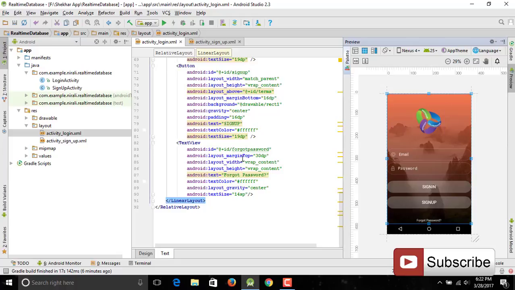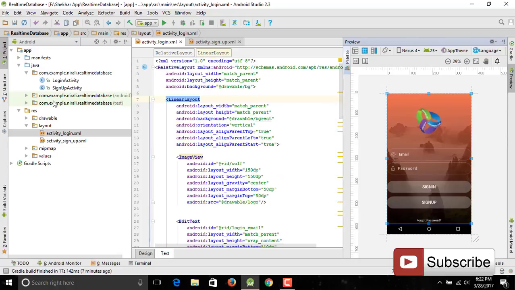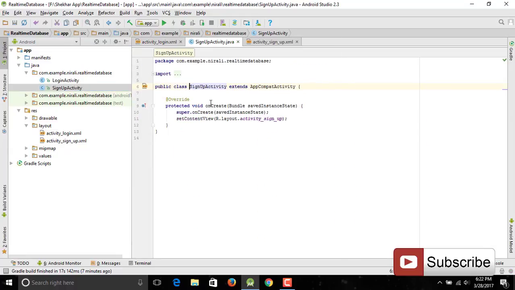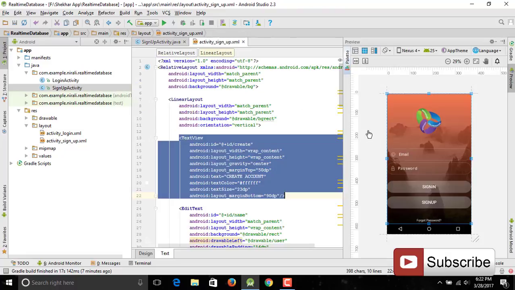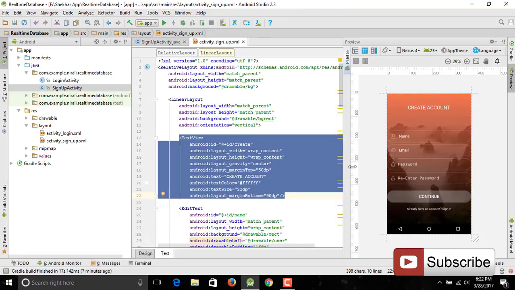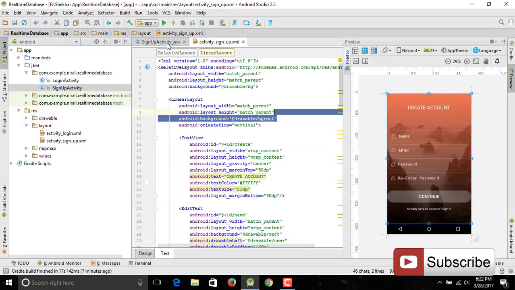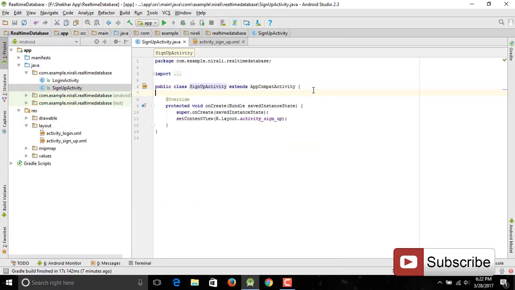In this part, we are not wasting any time behind designing the UIs of the login. So let's get started with the Java coding for the user authentication. So open up your sign up activity.java, and we are going to get these name, email, password, and enter password views to our Java object. So type over here